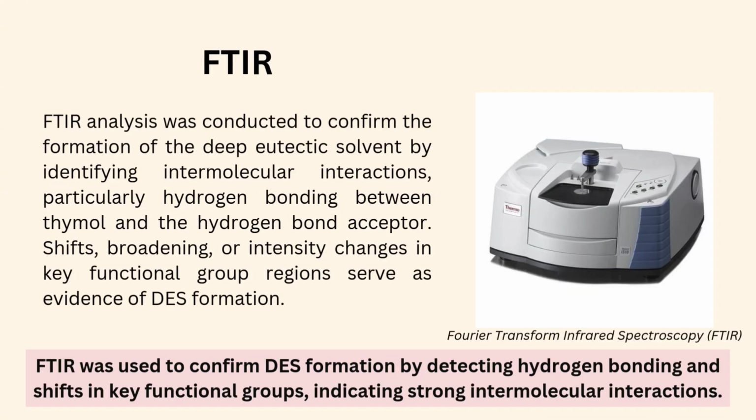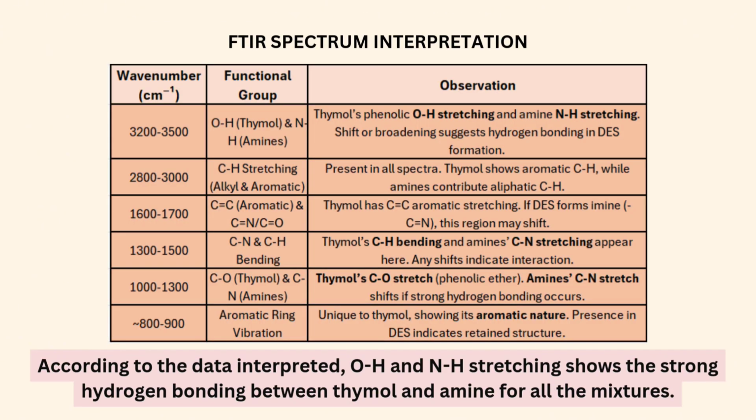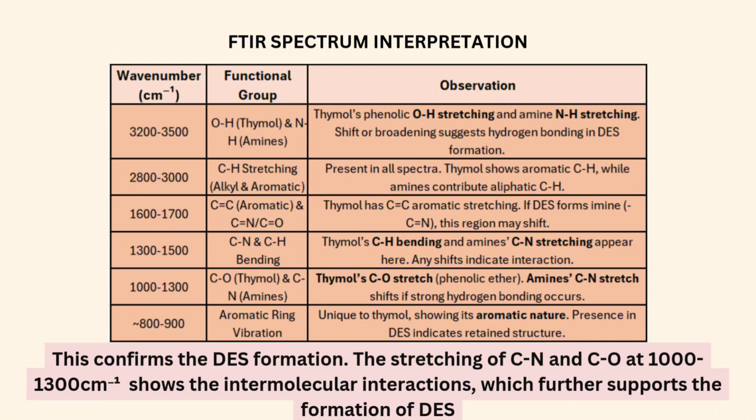FTIR was used to confirm DES formation by detecting hydrogen bonding and shifts in key functional groups indicating strong intermolecular interactions. Shown here is the FTIR spectrum obtained for both reagents and mixtures formed. According to the data interpreted, OH and NH stretching show the strong hydrogen bonding between thymol and amine for all the mixtures. This confirms the DES formation. The stretching of CN and CO at 1000 to 1300 shows the intermolecular interaction, which further supports the formation of